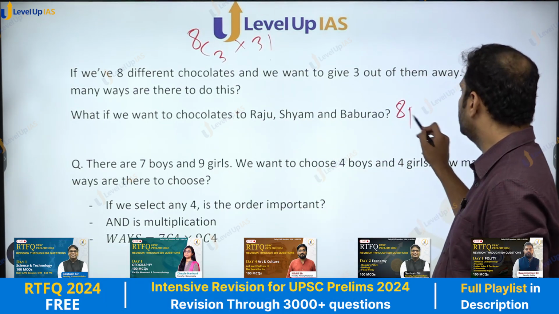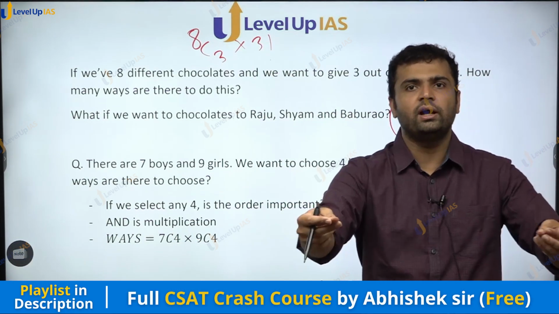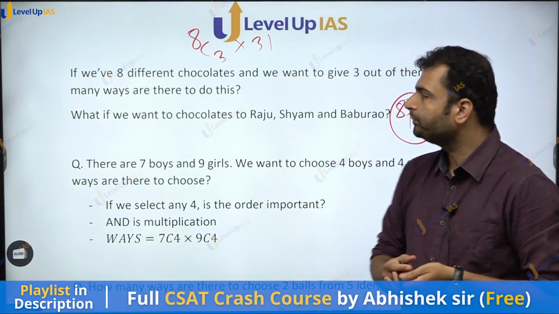सिमिलर सेम थिंग 8p3 या फिर 8c3 इंटू 3 फैक्टोरियल, जो भी चॉकलेट दिए गए हैं उन तीनों को जस्ट रीअरेंज देम।